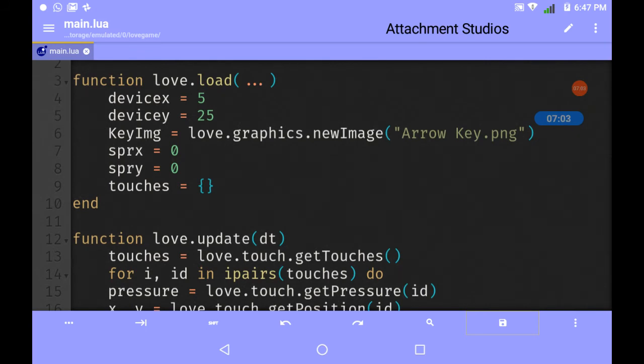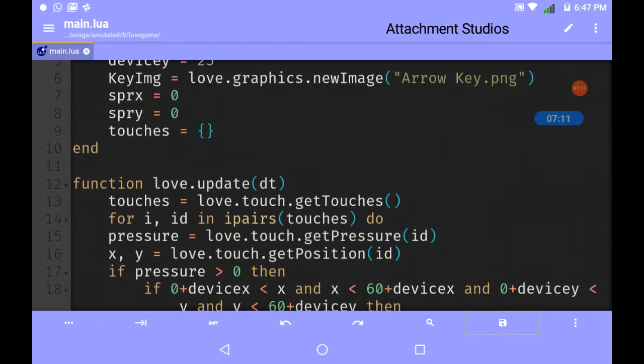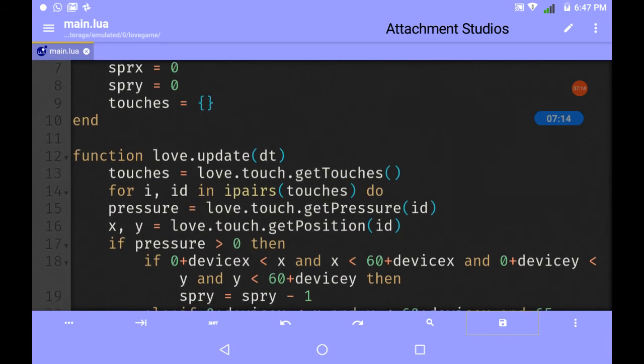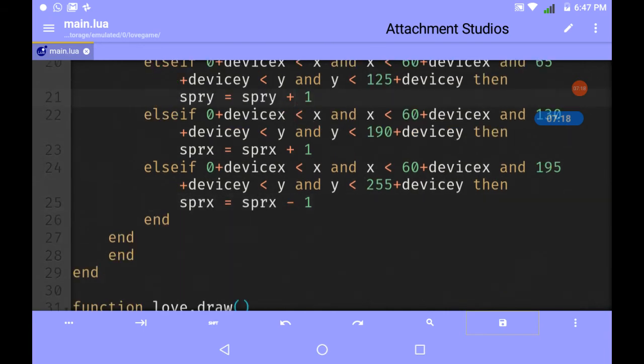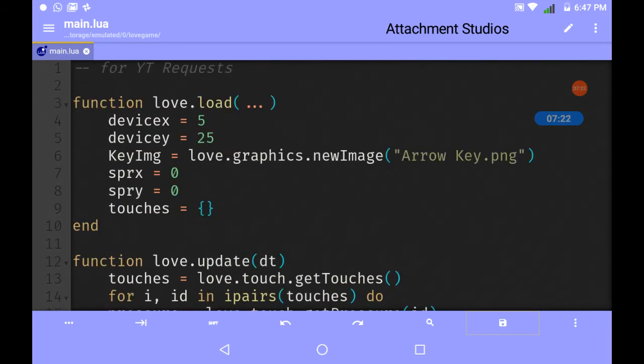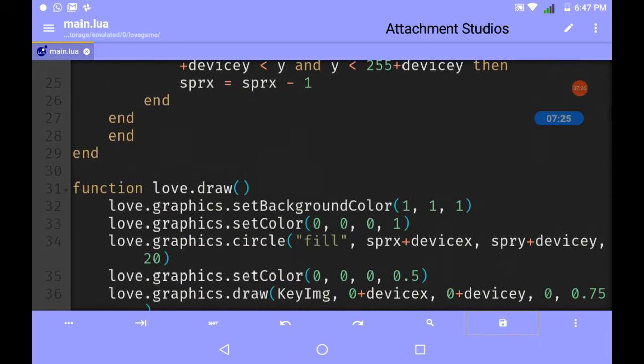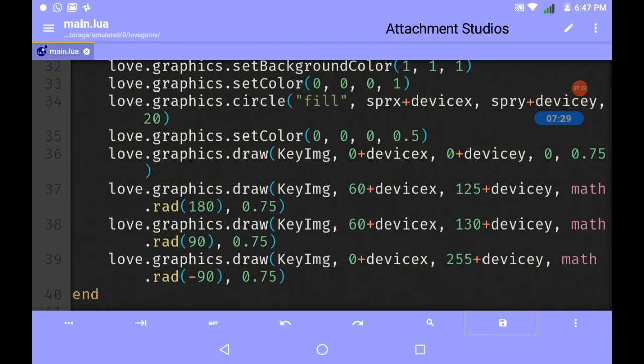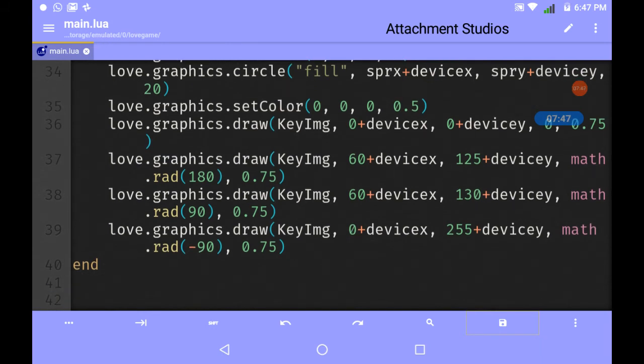And one more thing, for making these image-related buttons and transparent buttons, what I did is just load a new image with love.graphics.newImage, and next you need to write love.graphics.draw, whatever variable you have used for the image, and then x coordinate, y coordinate, the radians, that is, 1 radian means 57.3 degrees, but here I used math.rad(180).